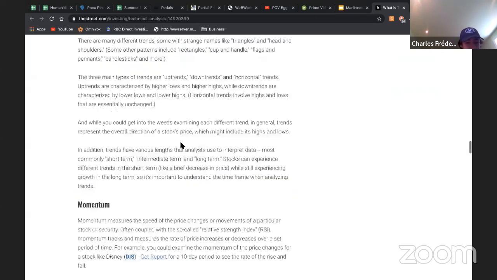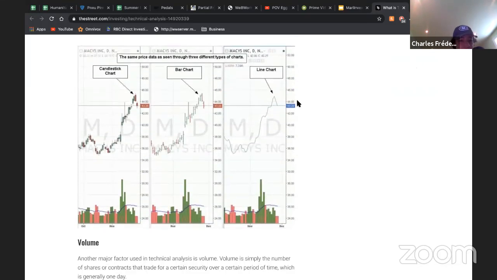Yeah. So there's a few things here that you can look at. I'm going to be honest, technical analysis is not really my thing. I'm more of a fundamental analysis type of guy. So I'm looking at that, and it's a bit disgusting, but I'm still going to explain it because it's important. When you look at the different charts, you can use a candlestick chart, which basically shows the open and close.